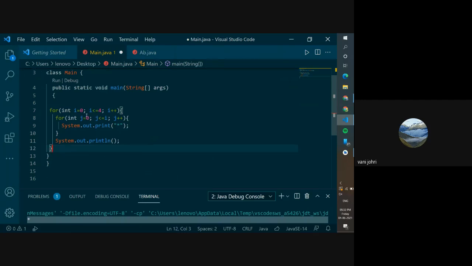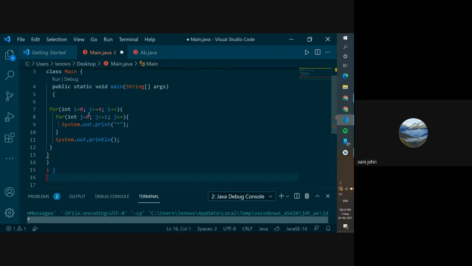Try to imagine it, or if you have a notebook and a pen with you, you can try writing it down and seeing it. So what I'm going to do is write i over here and j. We're going to write what value each has.